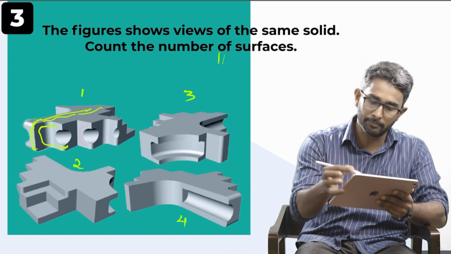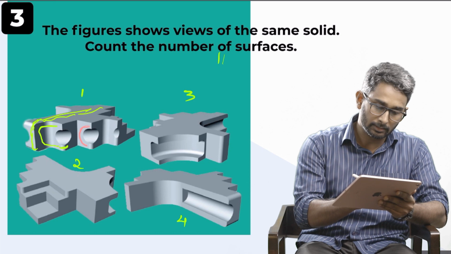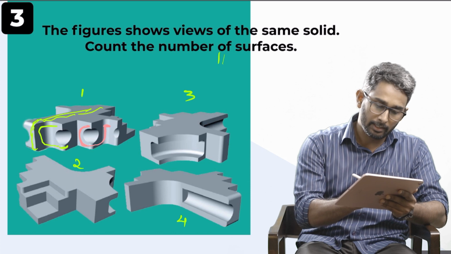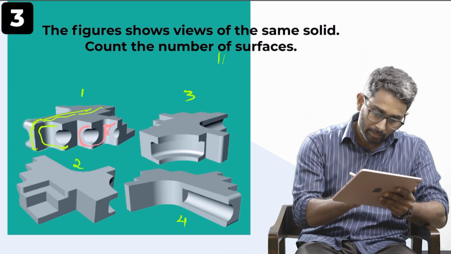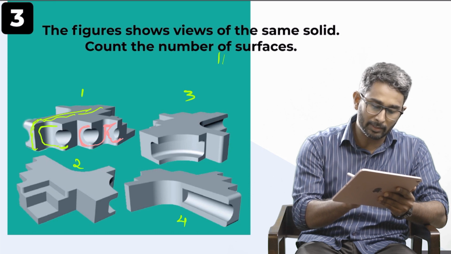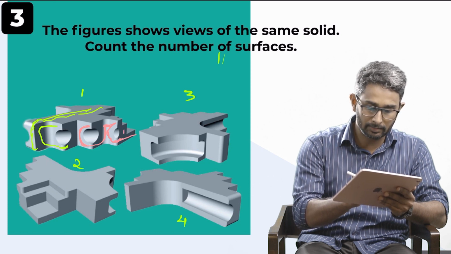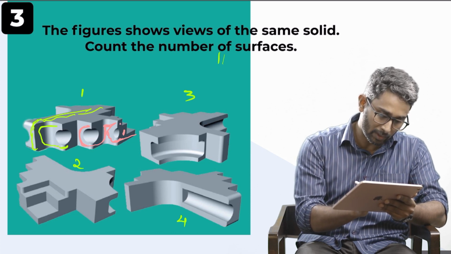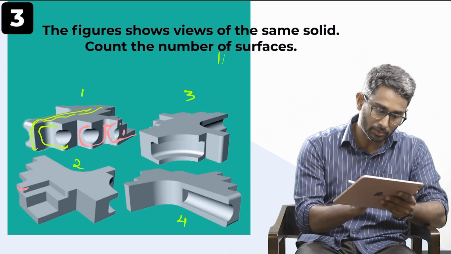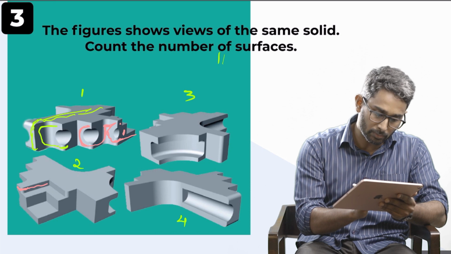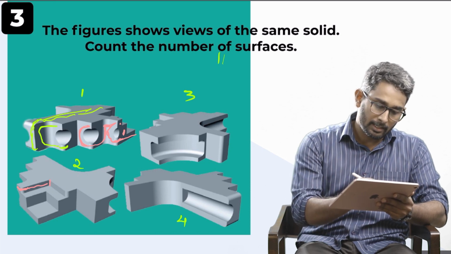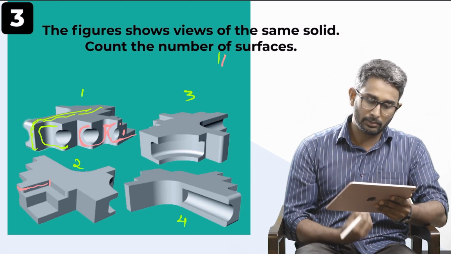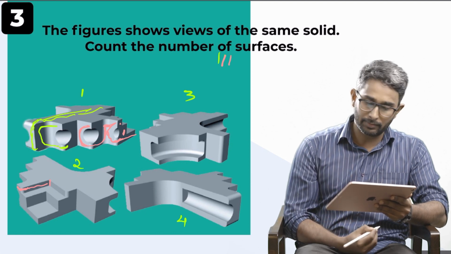This is continuing from here. The surface is starting from here. Then there is a curvature over here, so again this is continuing. Then if you come to the bottom side, this is again continuing here because there is a curvature over here. And this face. And if you come to the second view of the same solid, there is one more curvature over here. So this extends up to this edge. So this colored surface should be taken as the second surface. So totally we have got 3 surfaces as of now.